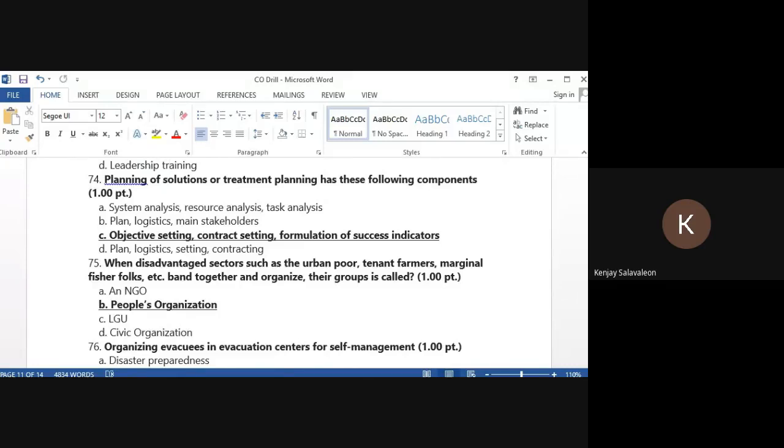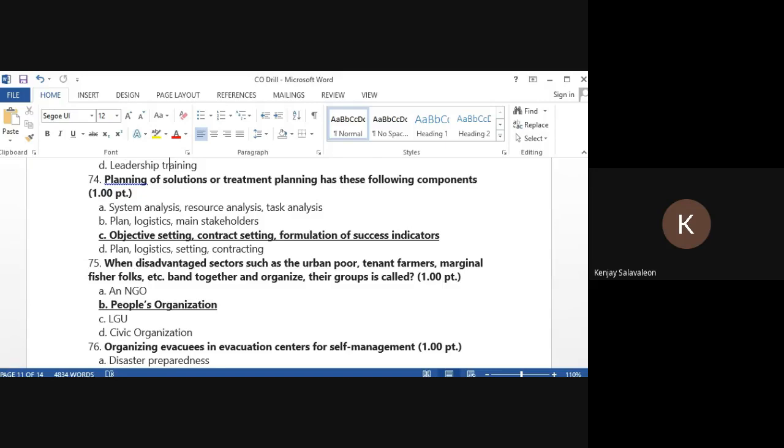Okay, 74. Planning of solutions or treatment planning has these following components. So ano ba yung component ng planning for solution? Makikita natin dyan na objective setting, contract setting, formulation of success indicators. System analysis, resource analysis, and task analysis are components of the assessment part. Plan, logistics, main stakeholders are integrated also in the planning. However, it is not on the providing solution or treatment